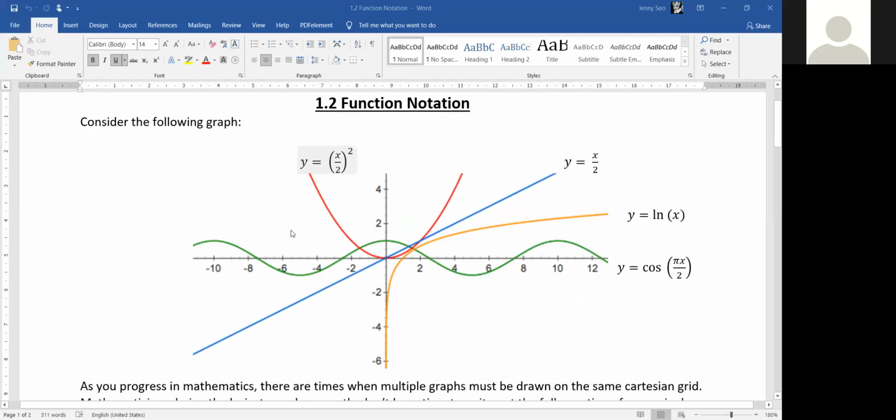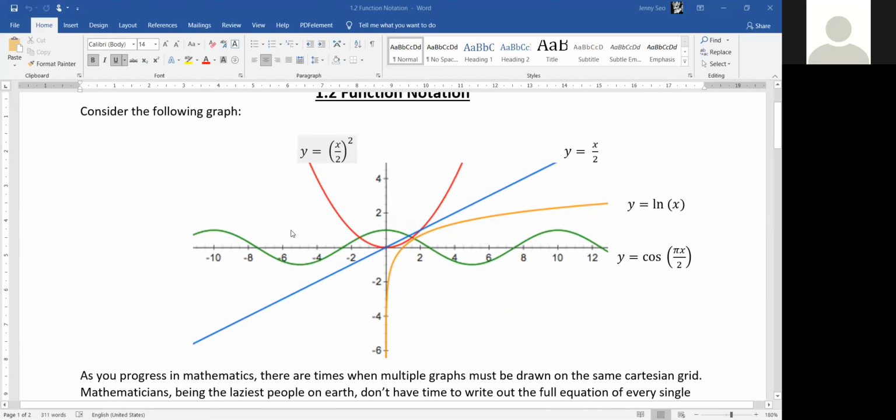Okay, so you may have to work with something like this. You remember in grade 10, you always had that section on transformations. You're given a parabola, and then you're asked to stretch it, or compress it, and then shift it, or translate it up, down, left, right. You remember that, right? And depending on how picky your teacher was, you were asked to draw every single intermediate